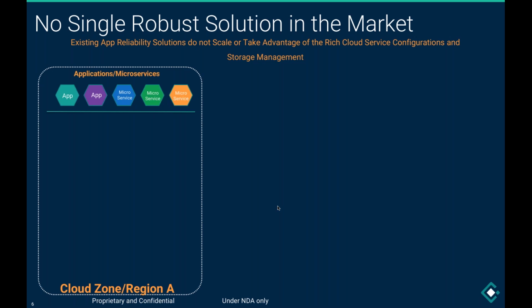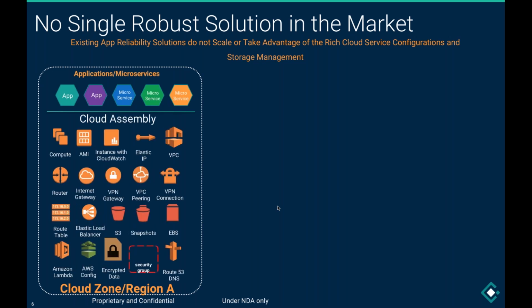Currently, you run your applications using all these infrastructure services and platform services from cloud providers, right? You have computes, you have VPCs, you have EBS with snapshots, elastic load balancers, and a lot of these enterprise customers actually encrypt their storage volumes. In fact, one of our customers encrypts the storage volume with a key for production and a different set of keys for the secondary region, because they don't want to mix the keys. And we have to work in that environment as well. We don't store any of the keys. It's all stored in customer KMS.